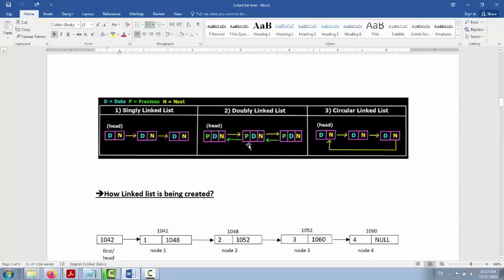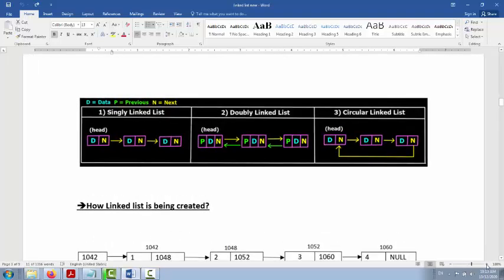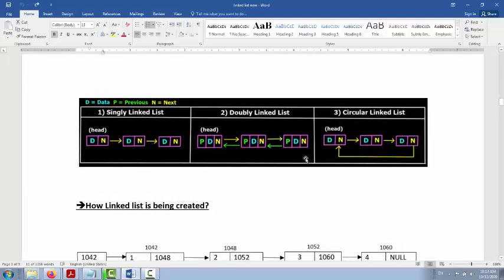You can see that here we have an N pointer to the next node, and this particular P points to the previous node. Again N is connected to the next node, and P is connected to the previous node. So that is the concept of the doubly linked list. We are going to learn it in detail, but this is just the introduction of the doubly linked list.